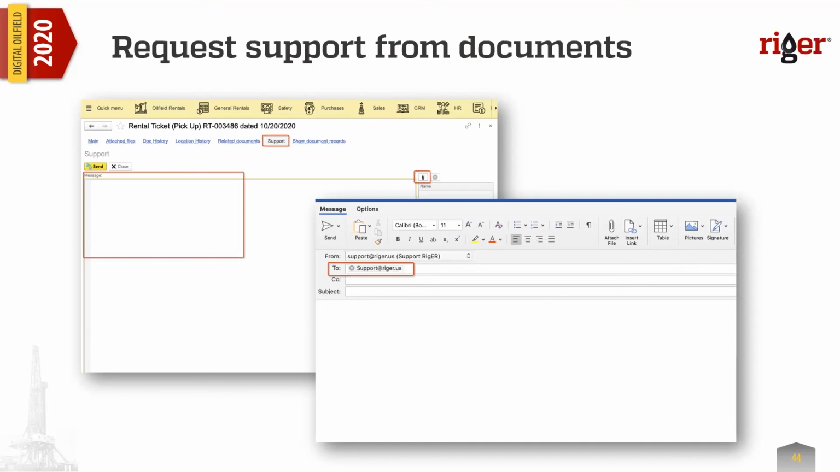There are two options for how to send, actually even three. You can use the RigER support portal, or you can just directly send an email to us at support@rigER.us. One more option for sending questions to us is from every document in RigER. There's a support link, and when you click there, you can attach a screenshot, you can add a message, and by clicking send, we will get your questions right away and we can work on it